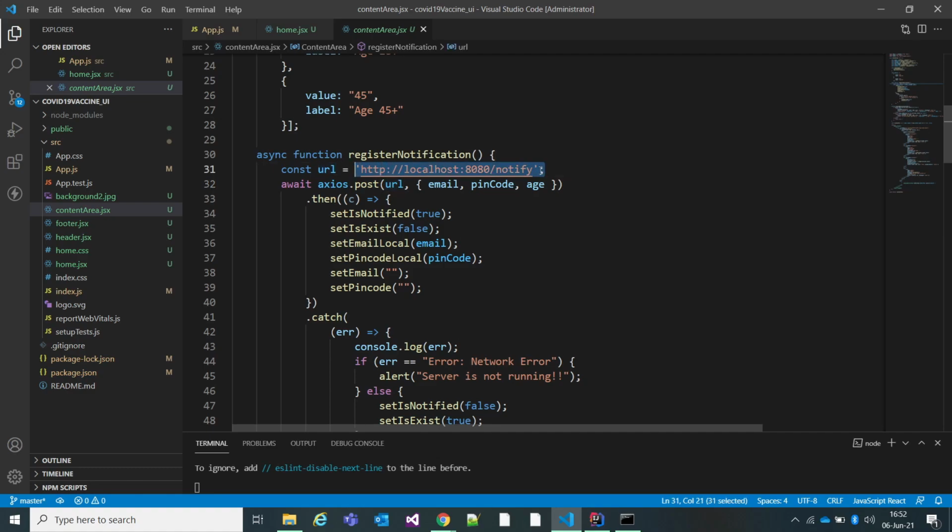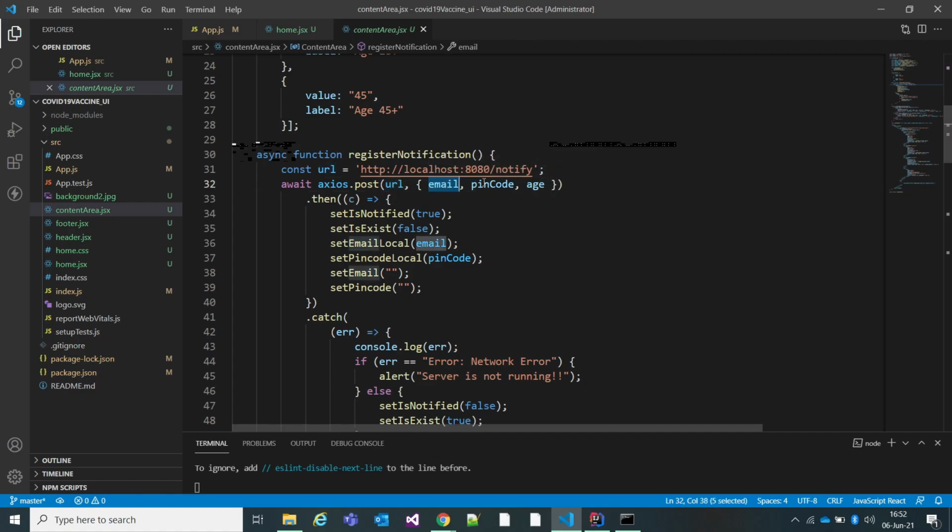So this will be the backend URL. I'll come back to what the URL is where the REST API is published for the post request. It is published on this particular port, and as it is local to my computer, I'm using port 8080 on localhost. So this URL I'll be using for posting this request to the server.